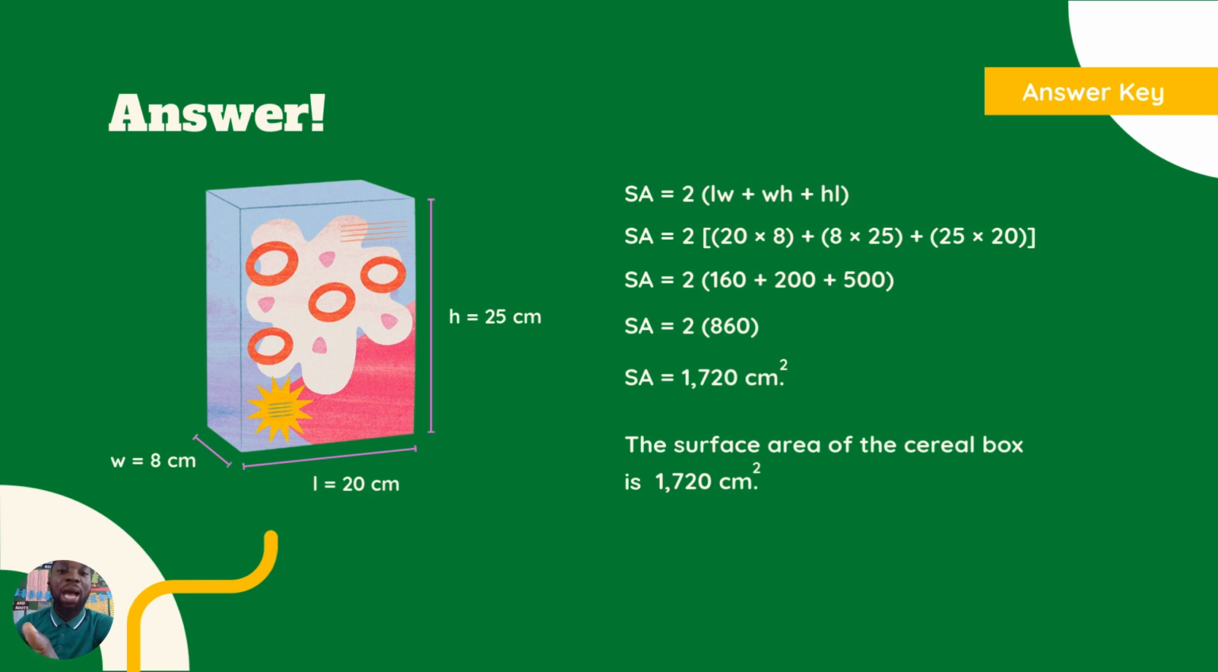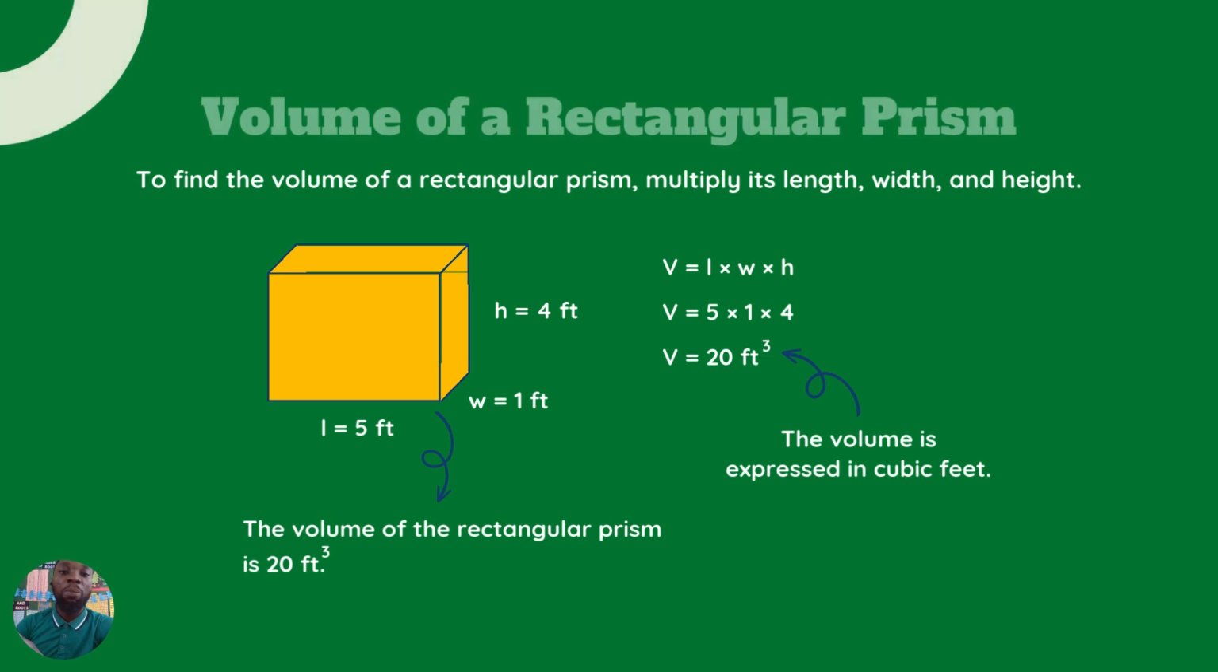So all you have to do is to add the numbers together. 160 plus 200 plus 500 will give us 860. So multiply 860 by the 2 that enclose the bracket. That will give us 1,720 centimeter square. So the surface area of the cereal box of this keyboard is 1720 centimeter square. All right, so let's go to another shape,